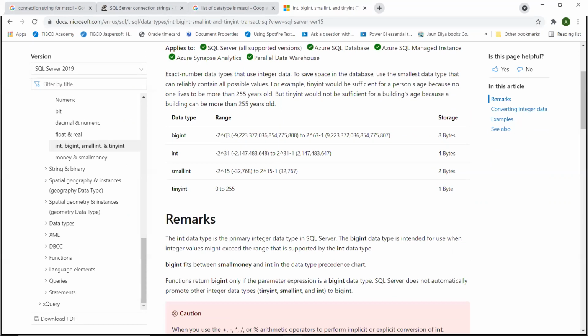As a business analyst, you may not need to know everything, but if you understand the difference between integer and float, or float and varchar, that is more than sufficient. Just a high-level difference is more than sufficient.